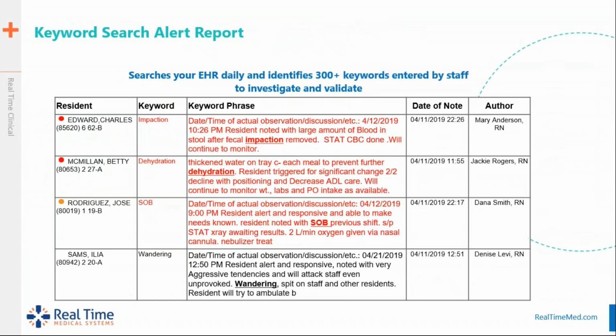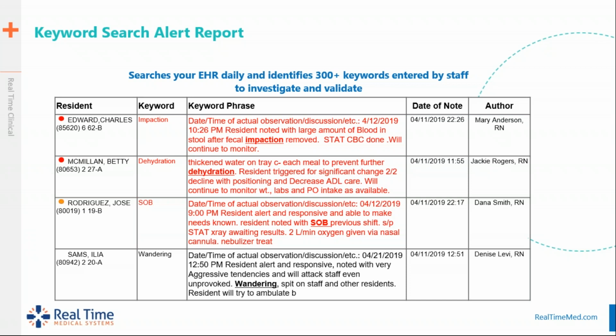Our second report is what we call keyword search, and in this report we're reading narrative progress notes. We have about 300 words and short phrases. We have spelled those words correctly and incorrectly. We have abbreviated them. And all day long, every day, we scour the narrative progress notes and show you in a summary report a sentence or two before and a sentence or two after we have found these words written